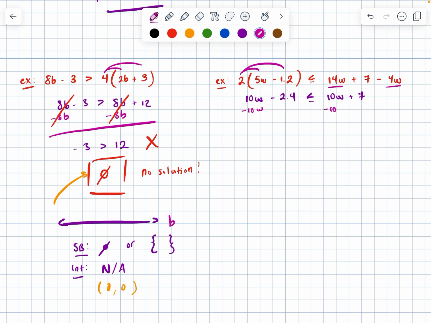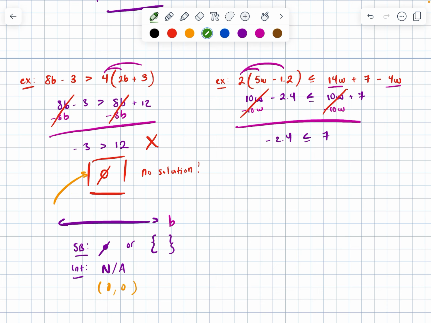Same issue as before. I want to get rid of the w on one side, but it turns out that getting rid of 10w on one side also gets rid of 10w on the other. So I'm left with negative 2.4 is less than or equal to 7. Same question as before. What should I ask once I get to a point like this? 5, 4, 3, 2, 1. So in this case, I should ask,